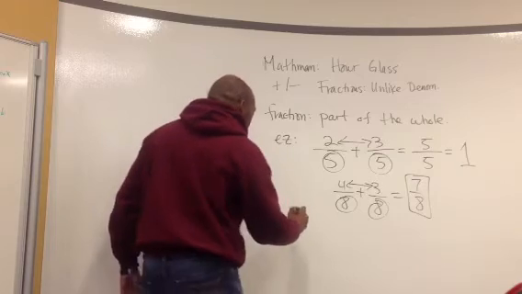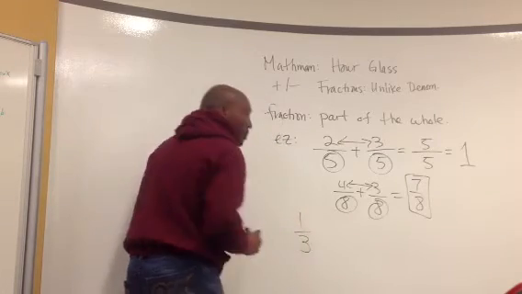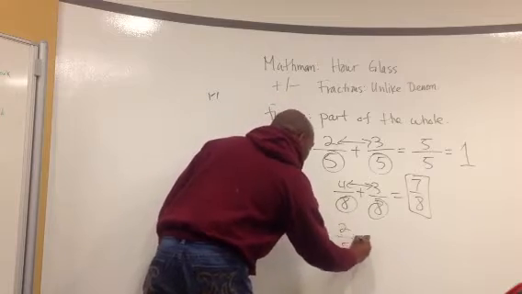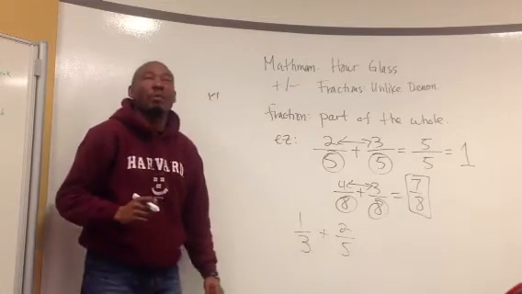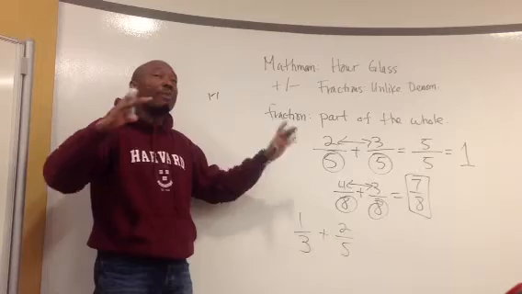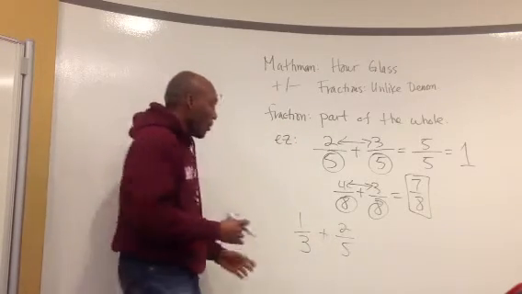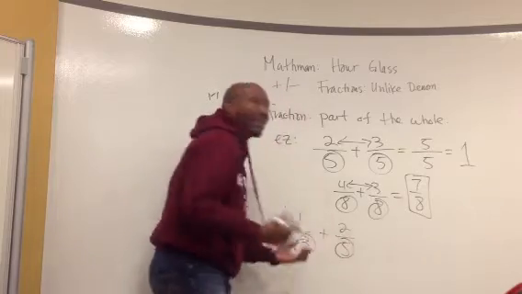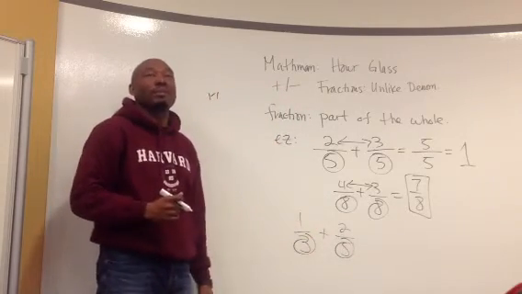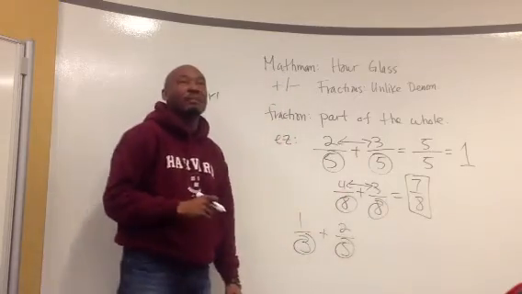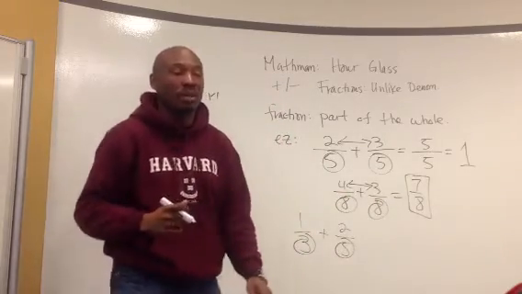So what if 1/3 of the people at school are Bloods and 2/5 are Crips? But we want to know what fraction of people are just gangbanging out of the whole community. Well, we have a 3 and a 5. That's not the same. So now we need something else. What we need is to make sure we get the denominator to be the same. To do that, we use something called the hourglass,